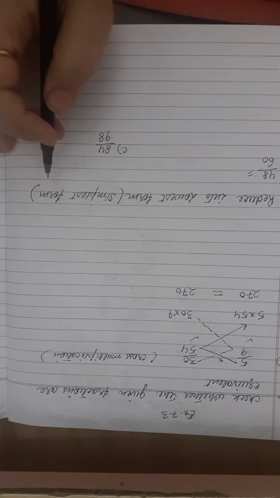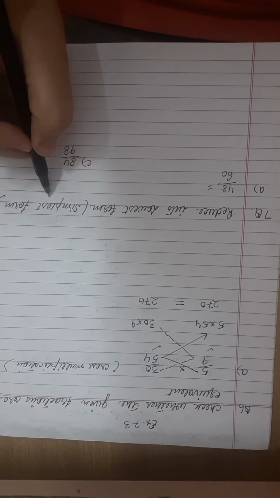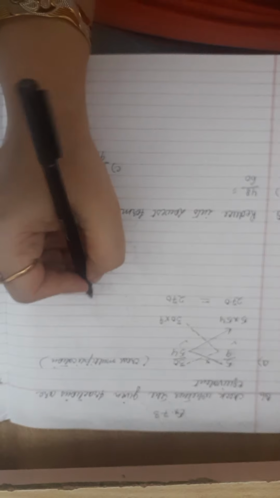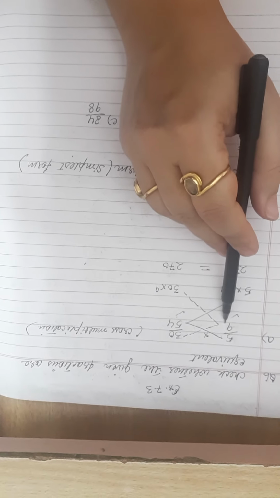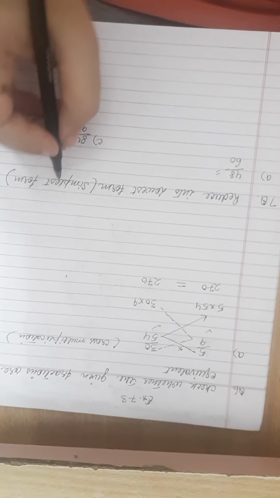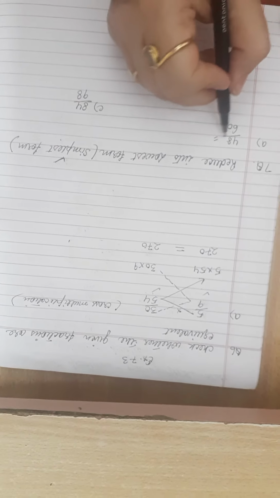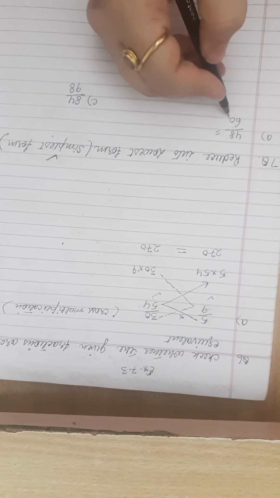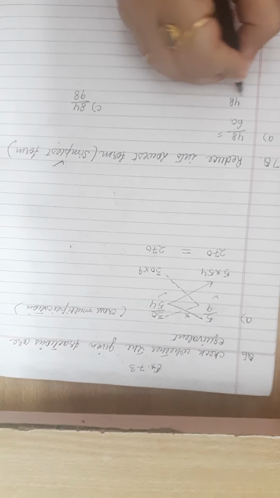Next question, question number 7, is reduce into lowest form. Lowest form or simplest form, both are the same thing. As in equivalent fractions, we know we get an equivalent fraction by multiplying numerator and denominator by the same number. But whenever you have to reduce the fraction, you have to divide numerator and denominator by the same number. As 48 by 60, I have to divide both the numbers, but with the same number.